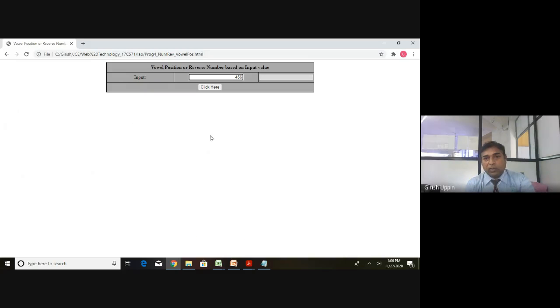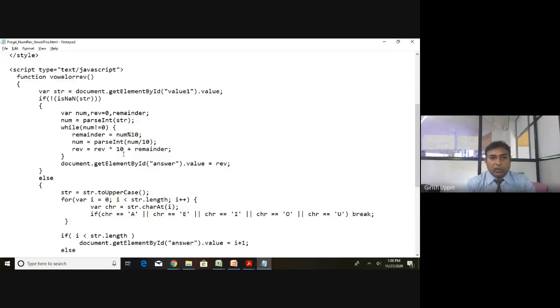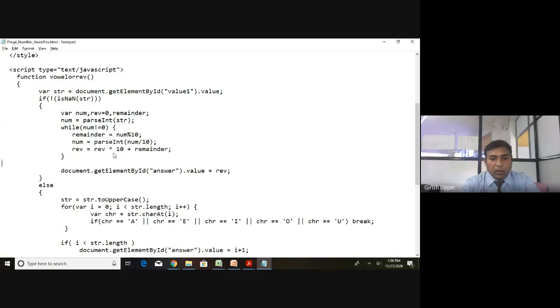So I will just show you. This is a number, it is going to come in this block, and I will click, so you can see the output. And if you want to debug, I have told you, you can use the alert, right? Say you are not sure whether it is coming here or not, you just put an alert here, something to indicate whether it is coming here or not.